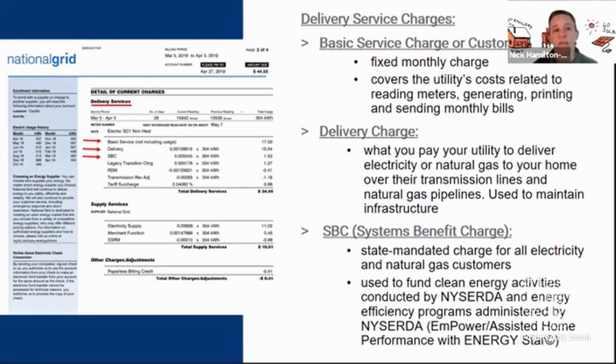And the first line there is the basic service charge. And it says right there, not including usage. So this isn't looking at how many kilowatt hours we've actually used. This is the basic charge. Everybody pays it. Even if you have solar and you are not necessarily using a lot of electric, and we'll talk a little bit more about that when we talk about solar. Even people that have net zero homes and have electricity have this basic service charge. It is a fixed charge, and it covers the utility's cost for meter reading, generating bills, sending bills, all of